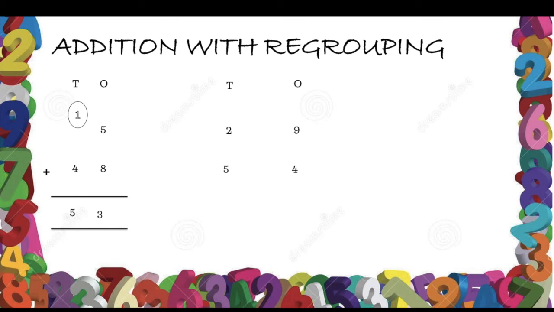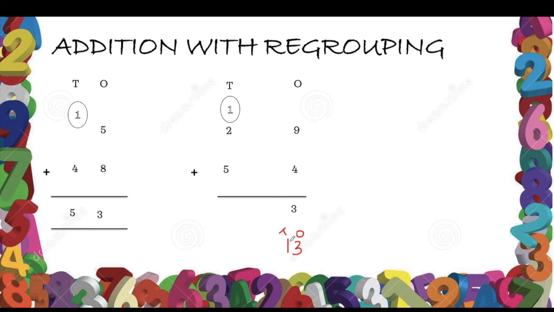So addition, while adding you have to put the addition symbol. In ones place we have 9 and 4. Take the bigger number in your mind. 9 in your mind, 4 in your finger. After 9, 10, 11, 12 and 13. So the answer is 13. In 13, in ones place we have 3 and in tens place we have 1. So we are writing 3 in the ones place, and this 1 ten is being carried over to the tens place